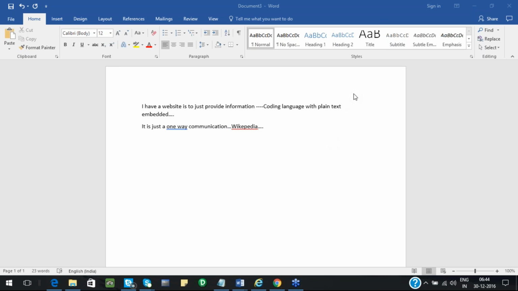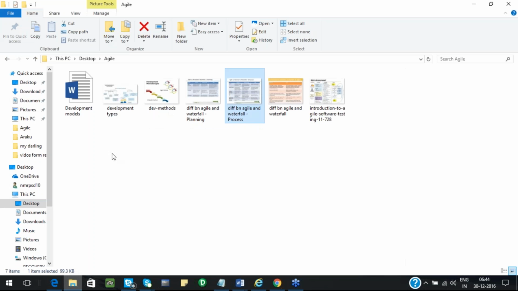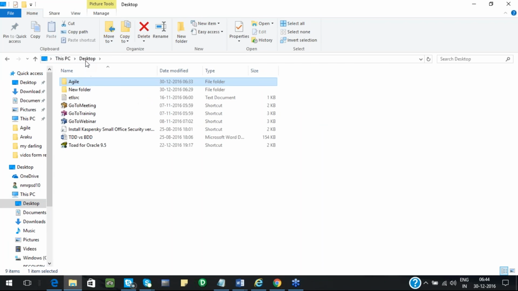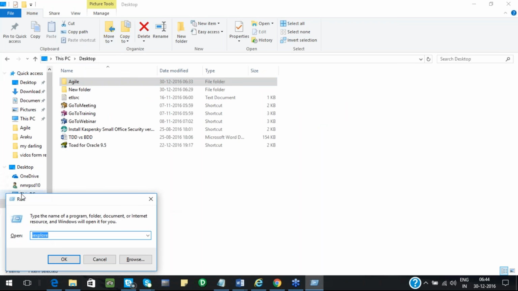It's a simple way of understanding how a website works: you have the folders, right? I got folders here. Now if you go and search, say suppose Agile.